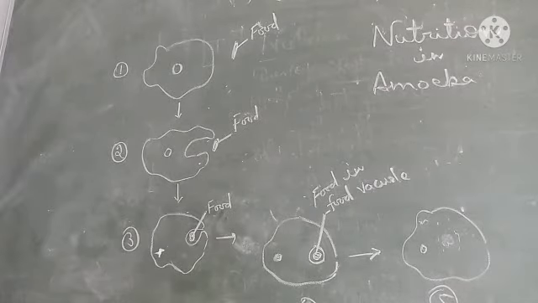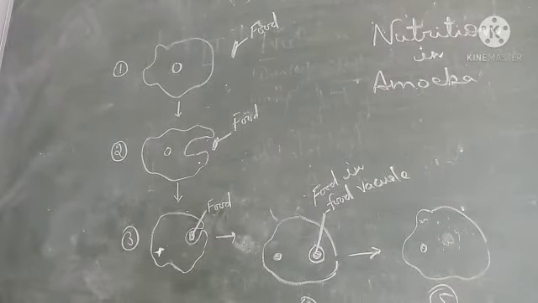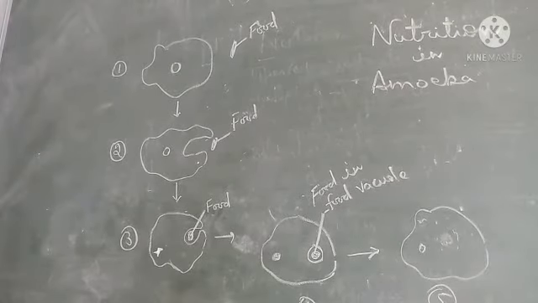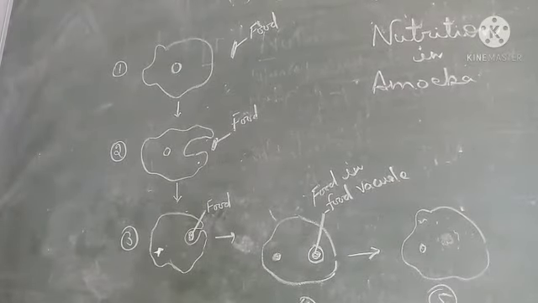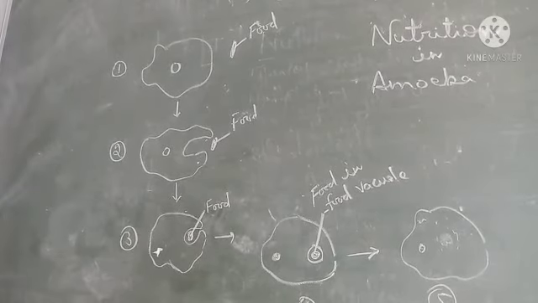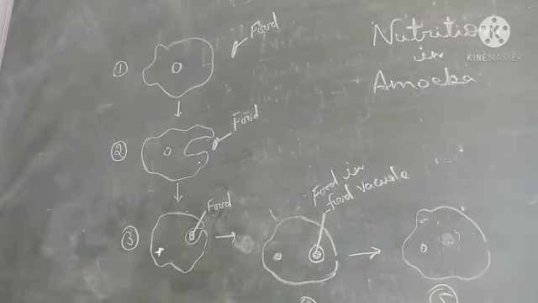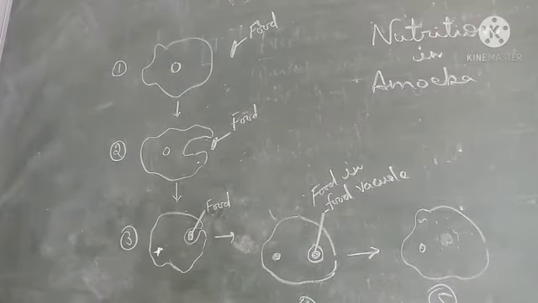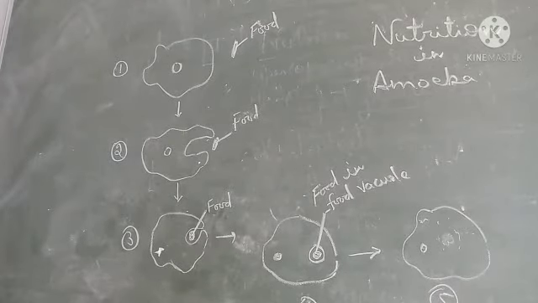After that, in the fourth diagram, you can see food enter the amoeba body through the cell membrane and it is caught by a food vacuole. Why? So that lysosome secretes its enzyme and digestion of food occurs in the food vacuole. After that, in the fifth diagram, you can see food after digestion incorporated in cytoplasm and undigested food comes out through the cell membrane.